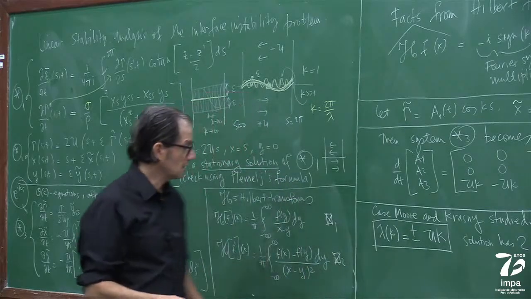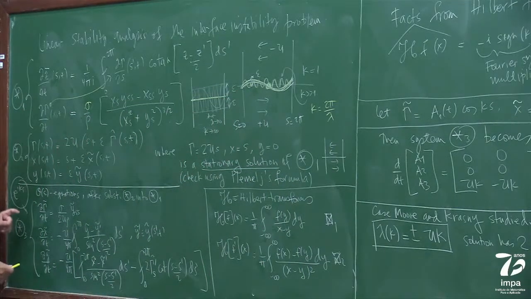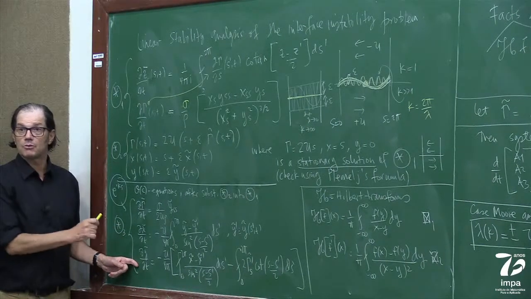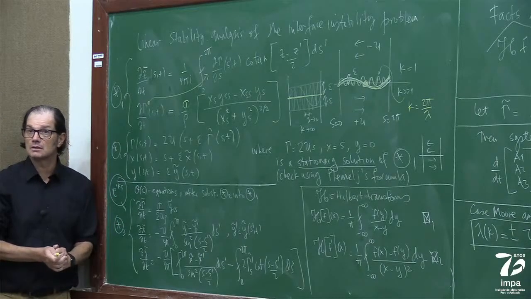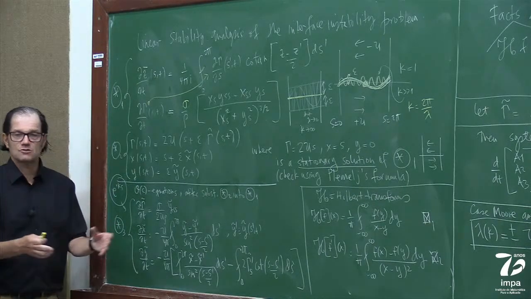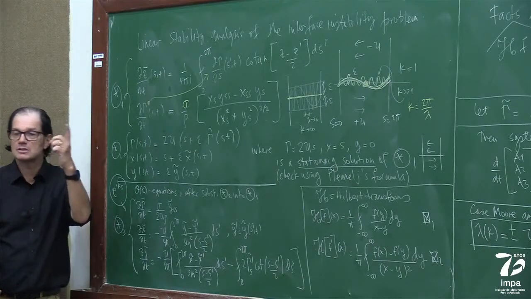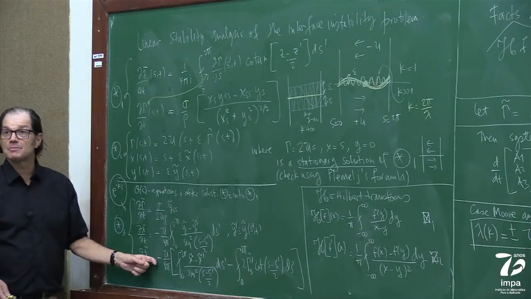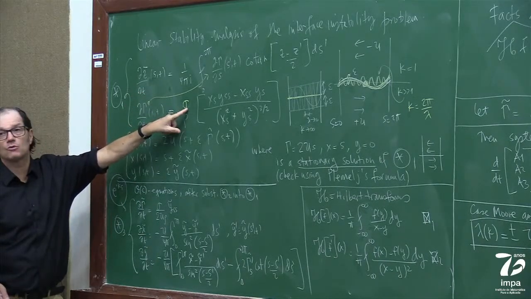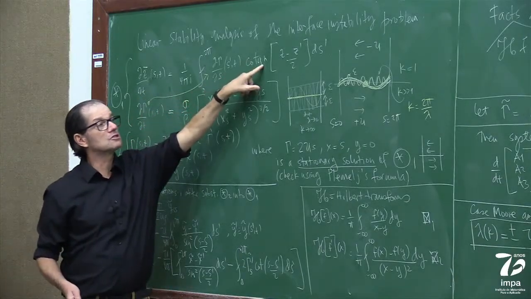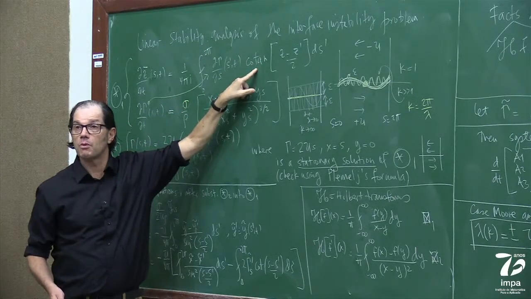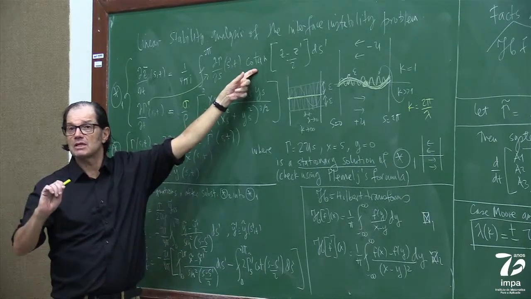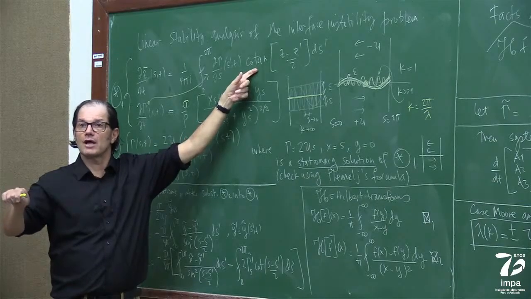So you see what I'm saying? The question would be like this. This problem here, 3, is ill-posed because perturbations grow without a bound, so you don't have continuity in the parameters, in this case, for example, the amplitude of the perturbation. But then people asked, is this problem here with sigma equal to 0, because it's nonlinear, well posed? The linear one is not. If this one is well posed, that means that nonlinearity regularized the problem.